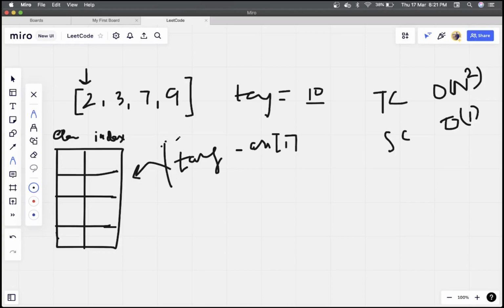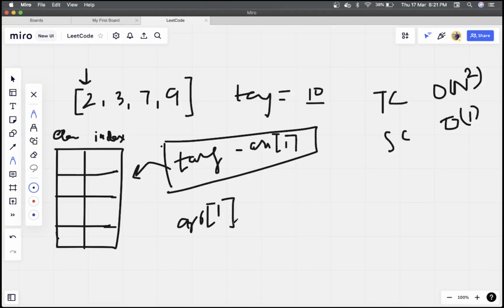If it is present, it means we have a pair, because we have array of i plus array of j is equal to target, right?